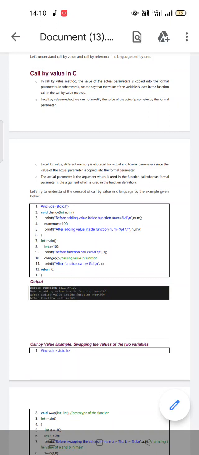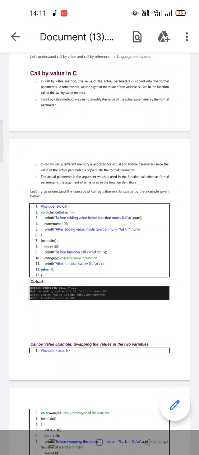So let us start today's topic, that is call by value. As we discussed in the class, this is a revision class for all the topics which we have discussed. For call by value, similarly, we are just passing a value to the variable. You can observe here the program has the header file include stdio.h. Why is the return type void? Because we are not returning any value here.